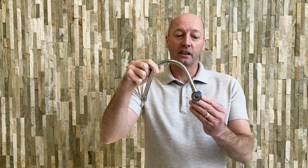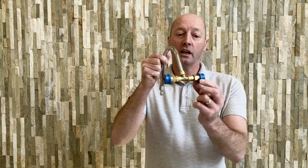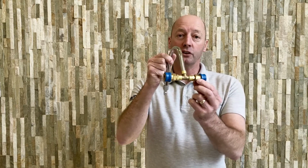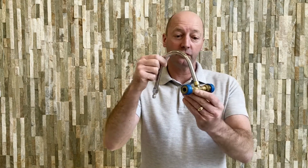Here we have a U-bend nozzle holder. So it's got twin nozzle holders either side of the U-bend. So the idea behind this, if you're looking at cleaning gutters, they're pretty good at doing that, because this end,